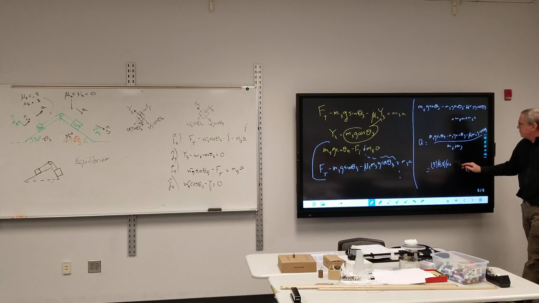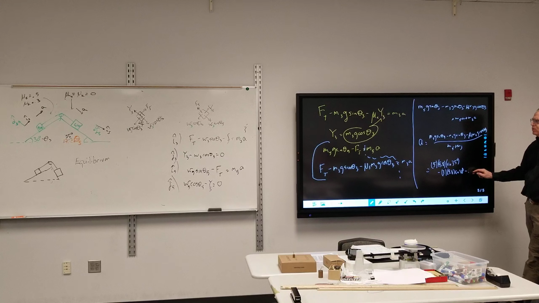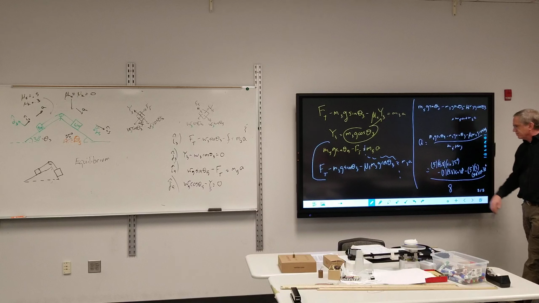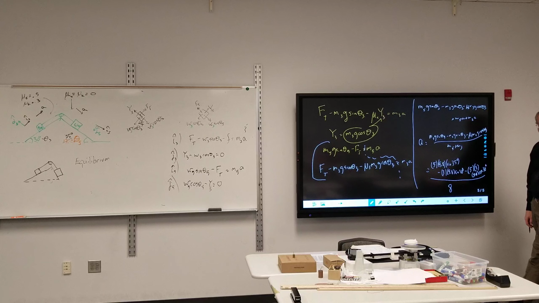And I made it a 35-degree angle. 35 degrees, minus 3 times 9.8 times sine of 30 degrees, minus 0.5 times 3 times 9.8 times the cosine of 30 degrees, all divided by 8. End up with